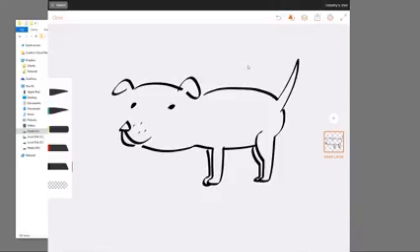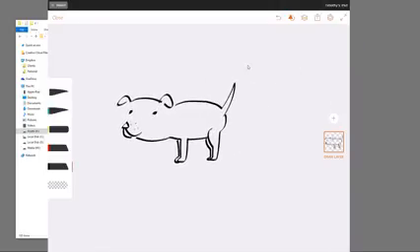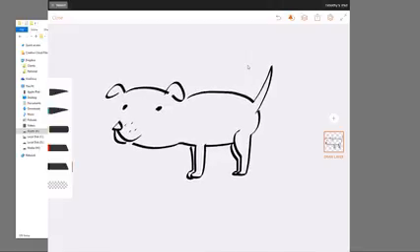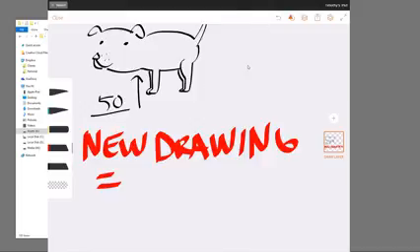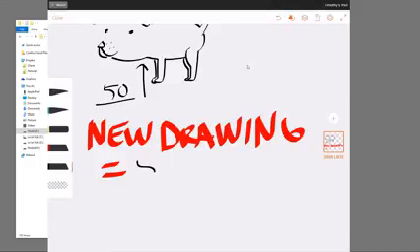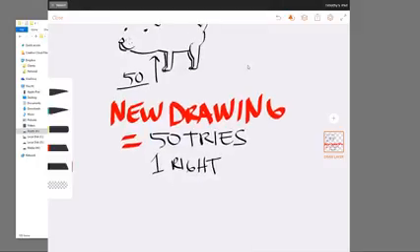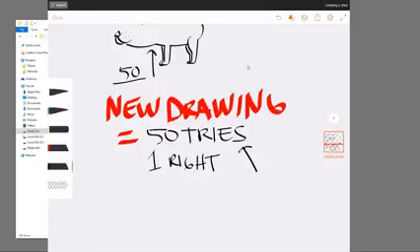Okay, draw a dog, right? Now, TJ, why did you bring this up? Well, it took me probably 50 of these guys. I had to draw 50 dogs before I got this one that I don't really like. And if I want to make a new drawing, right? If each new drawing takes me at least 50 tries to get one right, you can see why that's a problem. If each one takes a minute,